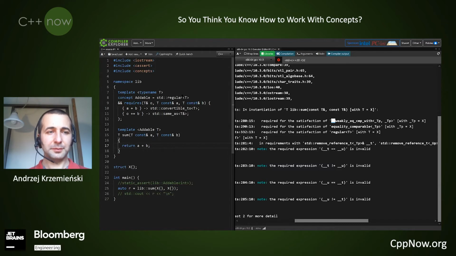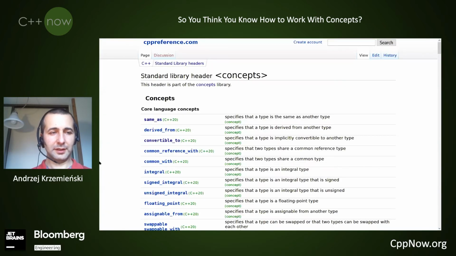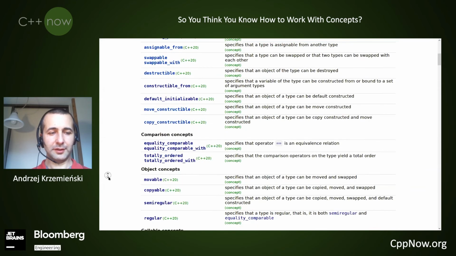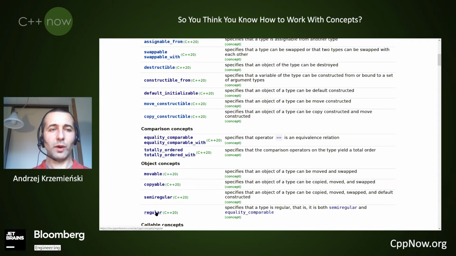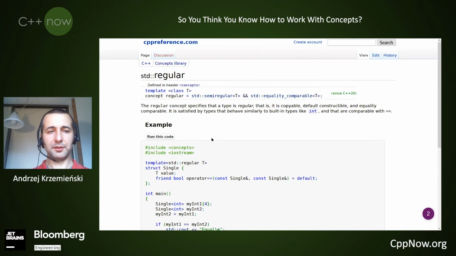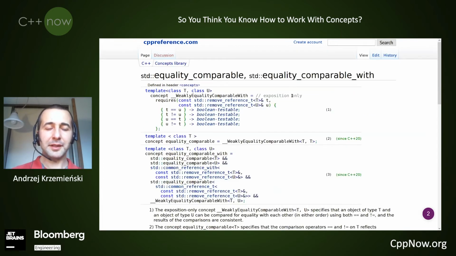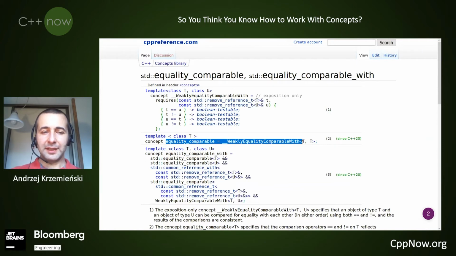Where do they come from? It's this concept regular, because the concept regular, if we go to the documentation, is required to be composed of further concepts like semiregular and equality comparable. If we go to equality comparable, it is required to be an alias of some implementation-defined other concept.